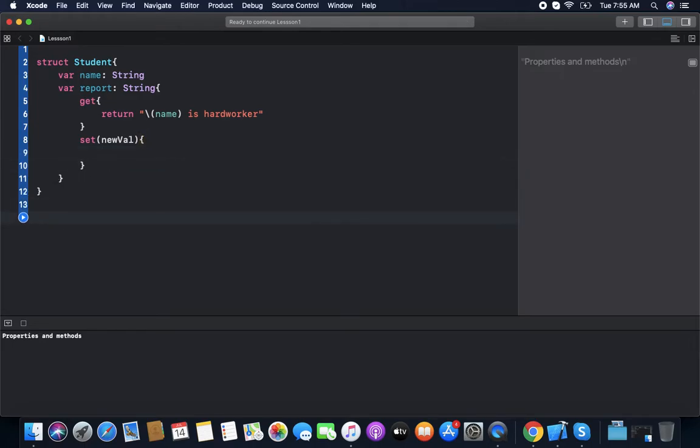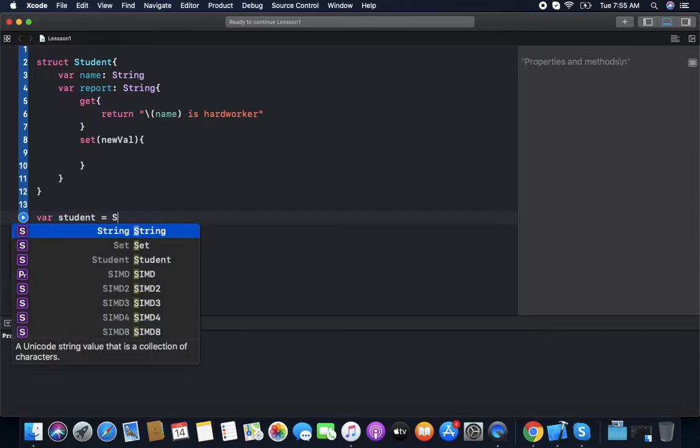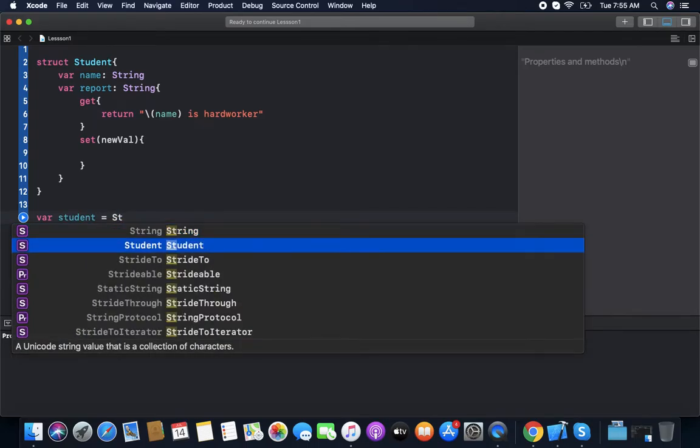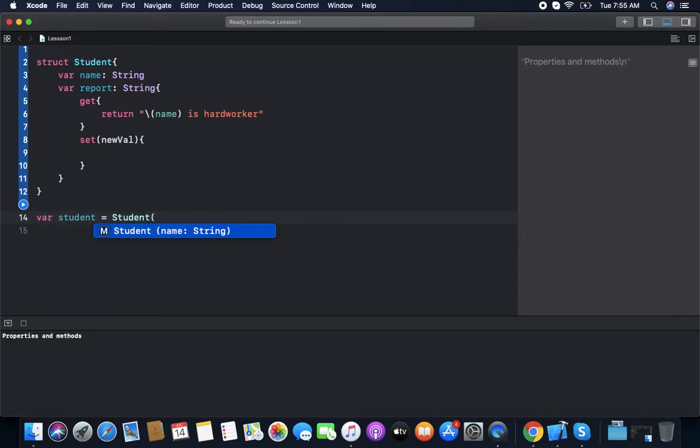Now we create a student. They only show here as a stored property, never as a computed property. So name Rohan.